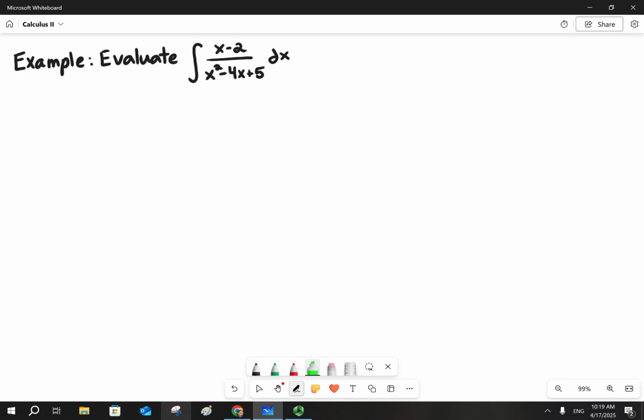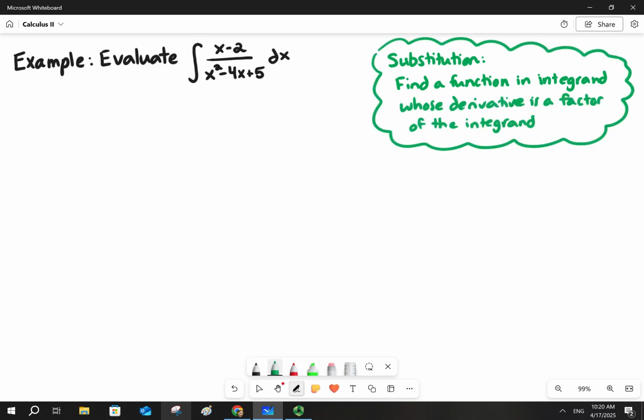Example: evaluate the integral of (x minus 2) over (x squared minus 4x plus 5) dx. Whenever you encounter an integral of a function that you can't directly find an antiderivative for, your next attempt should be to look for a substitution to simplify the integral. In order for substitution to work, we need to find a function in the integrand whose derivative is a factor